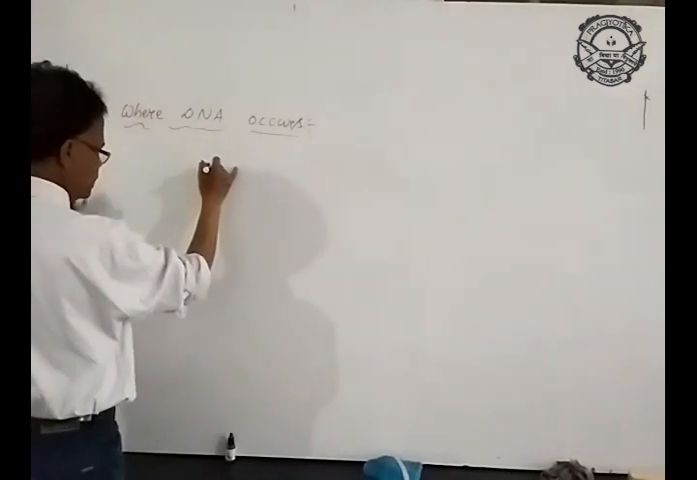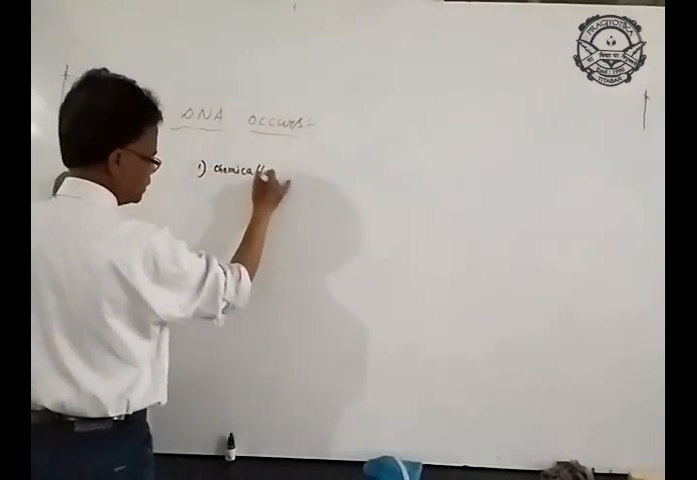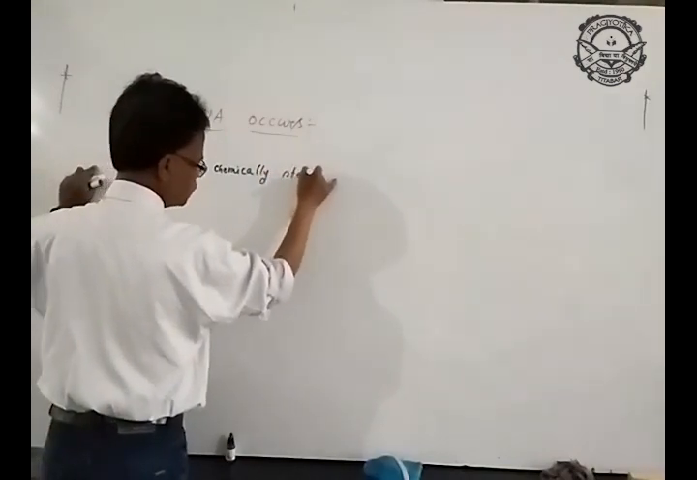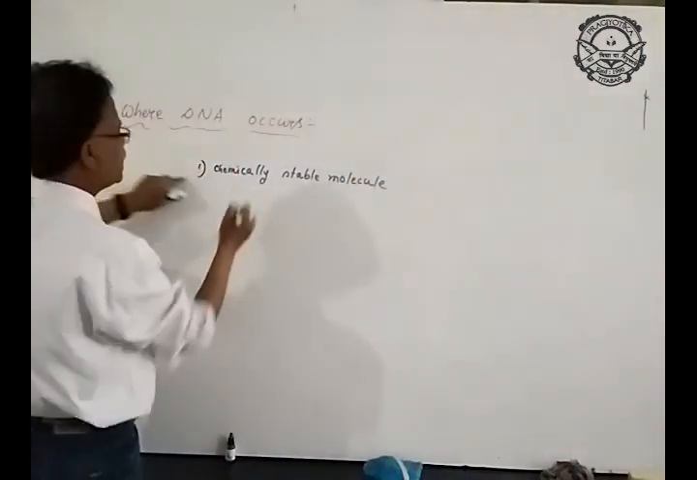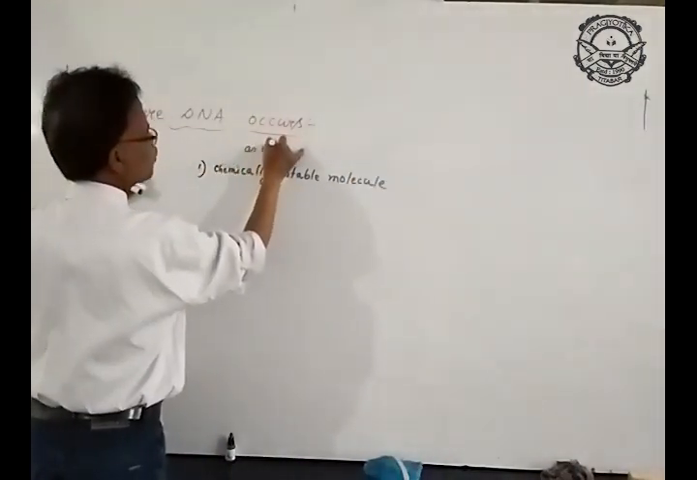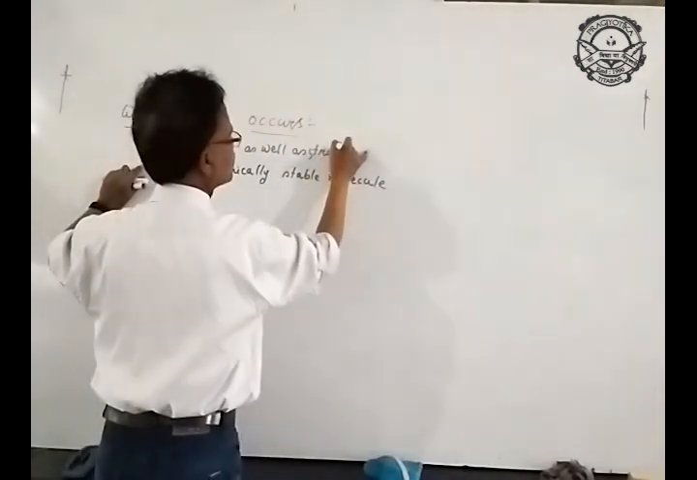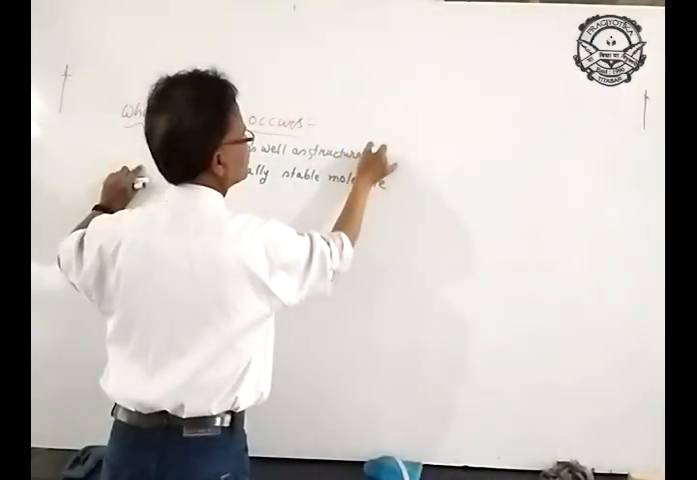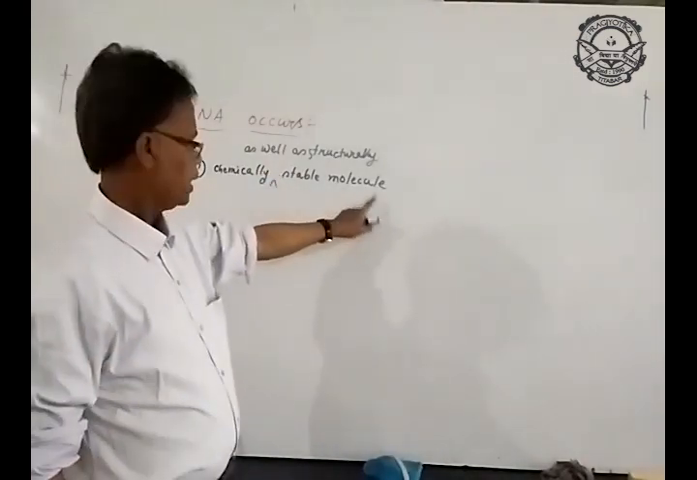Number one is that DNA is a chemically stable molecule, chemically as well as structurally stable molecule. This property